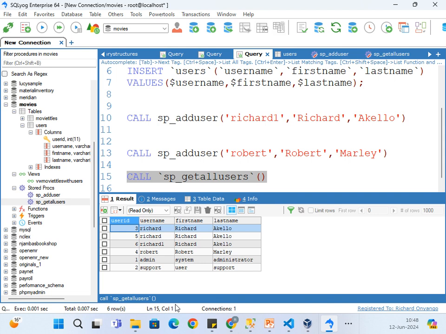Now I can go ahead and create a view if I don't want to write these queries over and over again, or if I was querying a movie and I wanted all the details inside a particular view. I can write a view, then all my queries will be based on that particular view. So it makes it a little bit easier for you in terms of managing the data that you have within your database itself. By the way, you can still query a view inside a stored procedure. So for example, if I wanted to get all the movies and maybe I wanted them by a particular user, I can actually create a stored procedure that queries this particular